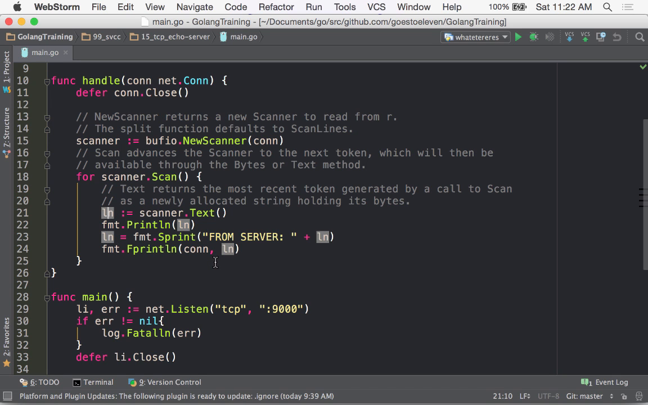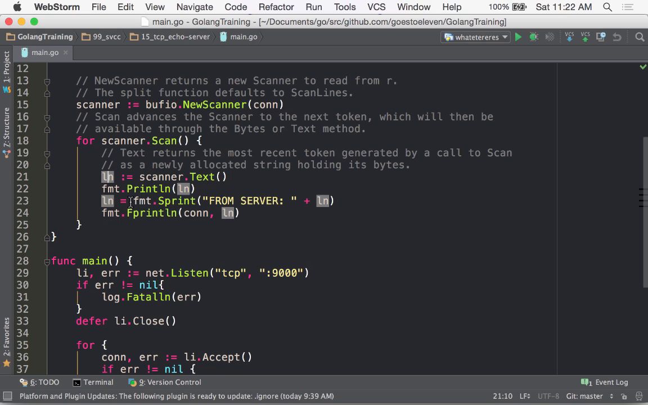Though if you're trying to figure that out from the standard docs, that's going to take a while, unless you have a lot of experience with this, right? And so then I can print that line. I'm going to print that just to the terminal where the server's running. And then I'm going to use Sprint, which is going to print to a string. So I'm just going to print that back to a string, and I'm going to add in whatever I pulled off the server. So I'm going to say from server,